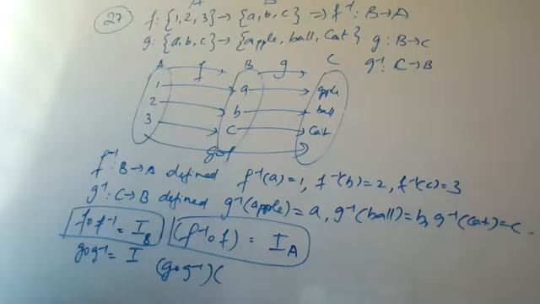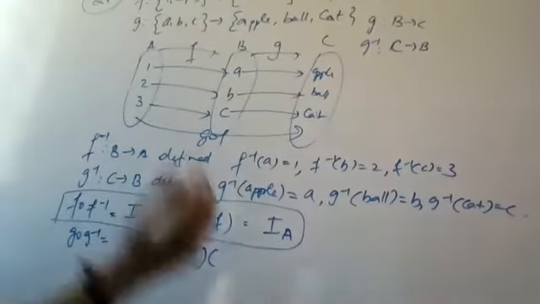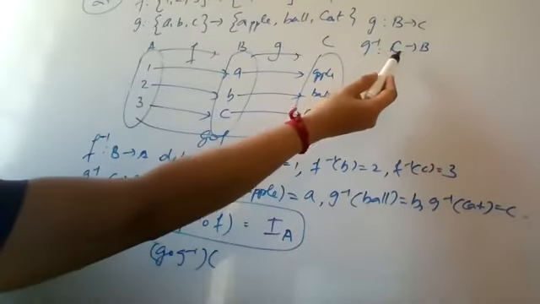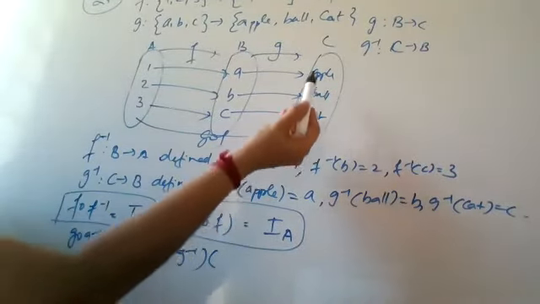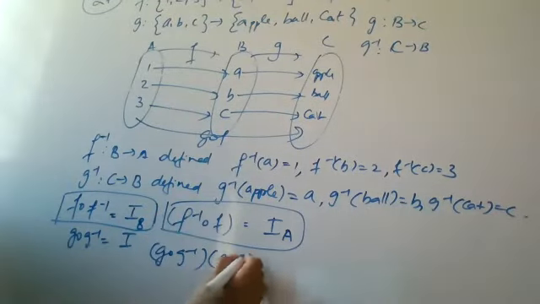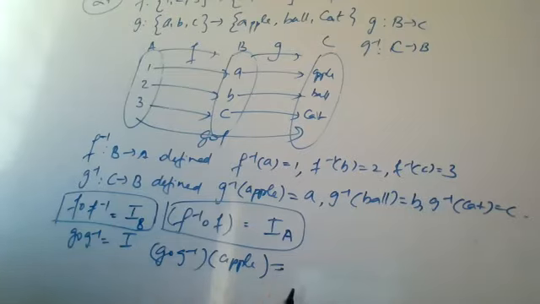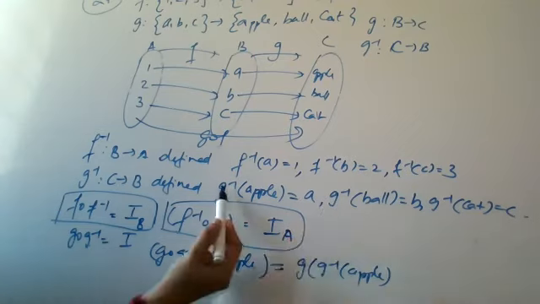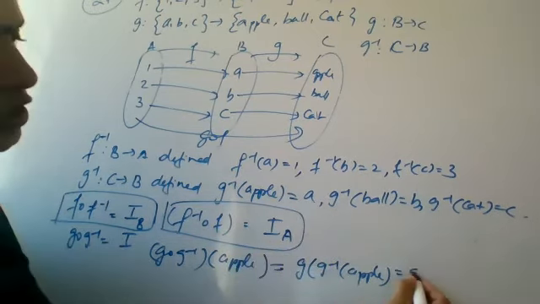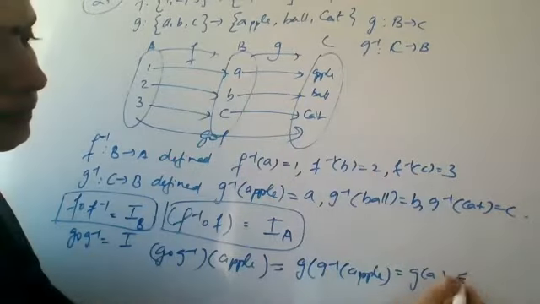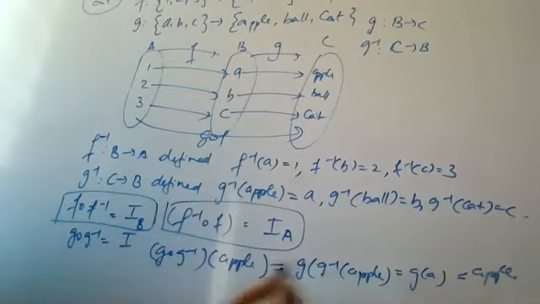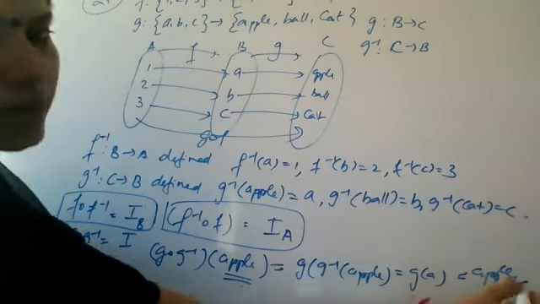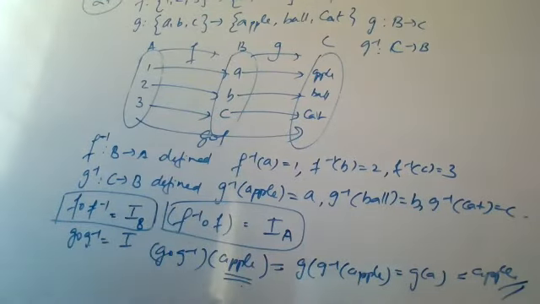Okay. So where were we? G composition, G inverse of C. G inverse is starting from C, and C is containing the elements apple, ball, and cat. So you will have G composition G inverse of apple is equal to G of G inverse of apple. What is G inverse of apple? You have taken as A. So you get G of A. And what is G of A? Again, apple, right? So you have started with apple, that element was apple, and you are reaching apple. That means you can say that again the composition is acting as identity.